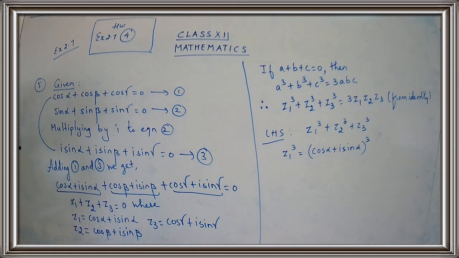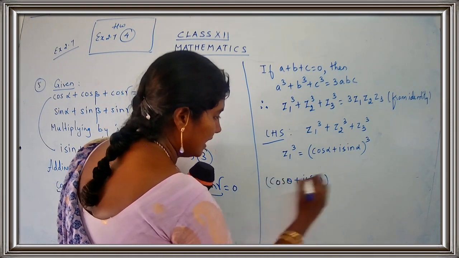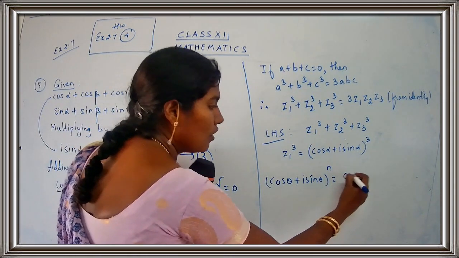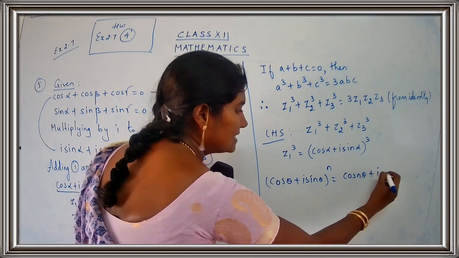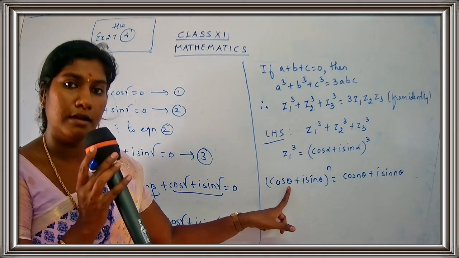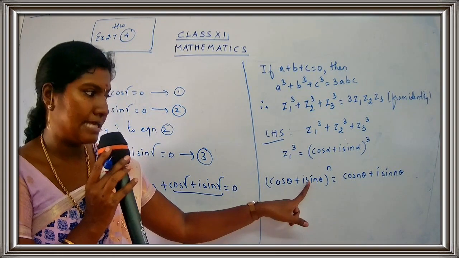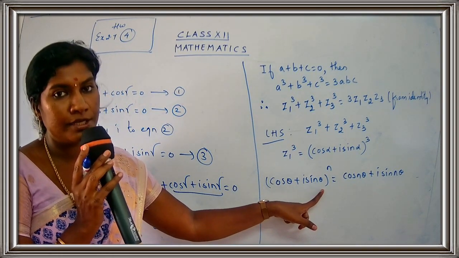Given any complex number cos theta plus I sin theta and any integer n, if you have cos theta plus I sin theta the whole raised to n, it will turn out as cos n theta plus I sin n theta. So if you have cos theta plus I sin theta the whole raised to n, you can write it as cos of n theta plus I sin n theta. Are you getting the point? That is, the power will be added along with the theta. So you get cos n theta plus I sin n theta. Getting the point, children? Okay.